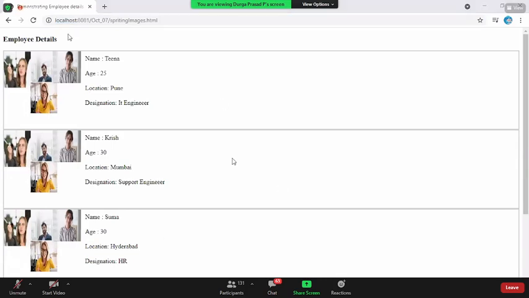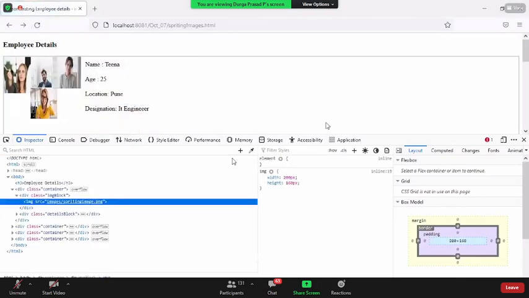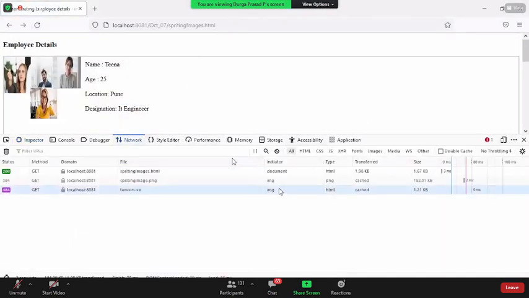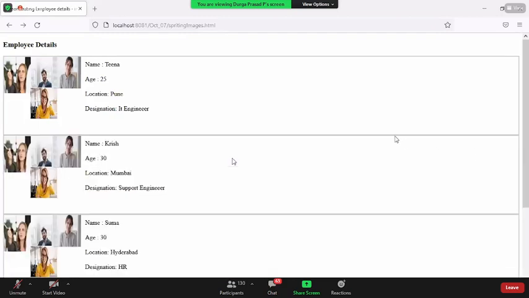Go to Firefox. Reload the page. This is how it is coming. So the advantage we see is it is much faster in loading. I'm not taking too much time. Earlier it was taking some 20 plus milliseconds, but right now I'm making it 3 seconds. Very good. But the problem I see is when I'm asking for Krish, I only want to see the Krish image. When I want to go with Tina, I only want to show Tina. Why are you showing all the other images here?